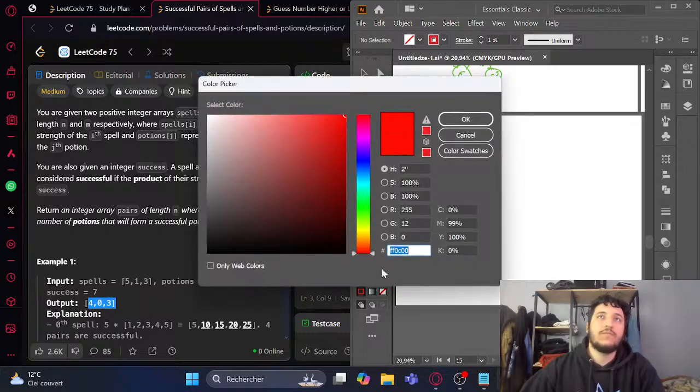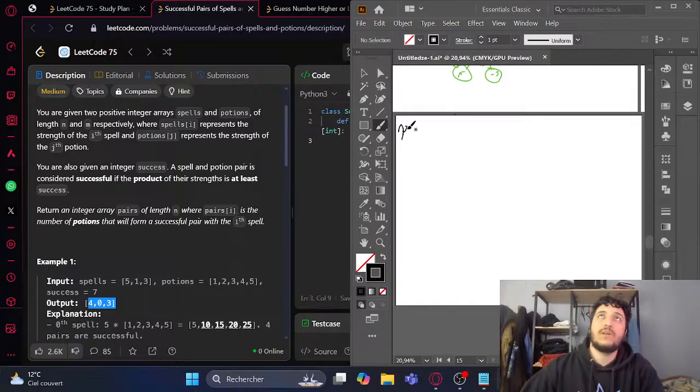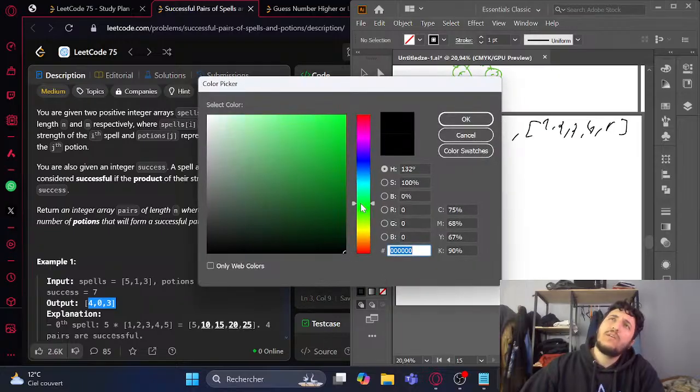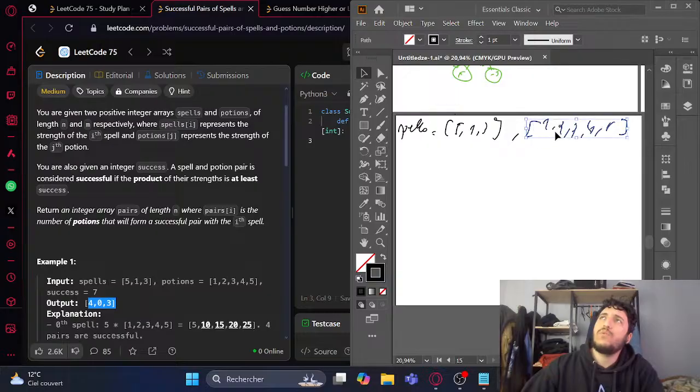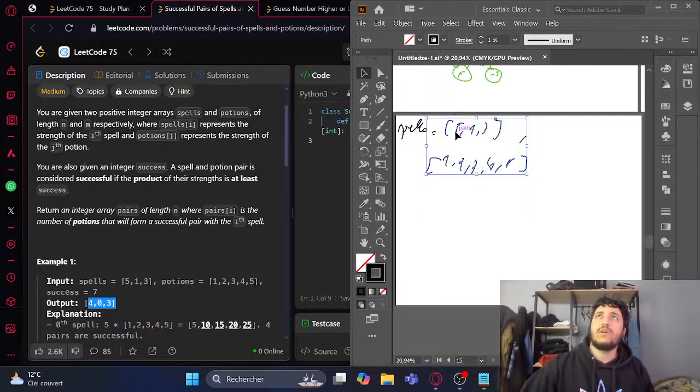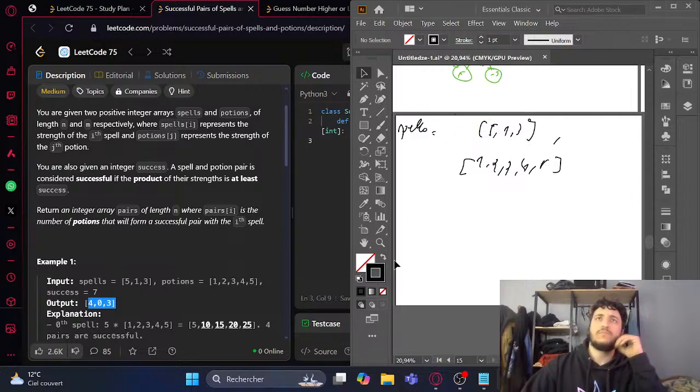Okay, so here we have two arrays, which are spells like 5, 1, 3, and potions, which are 1, 2, 3, 4, and 5. So I think we can simply do this problem the classical way, which is looping through the two lists and multiplying every element with the element in the other list. Like with 5 we can multiply the 5 by 1, and then by 2, and then by 3, by 4, by 5, and we're gonna check every result,